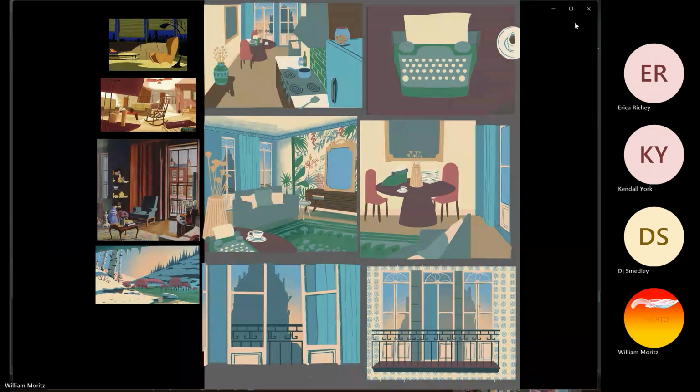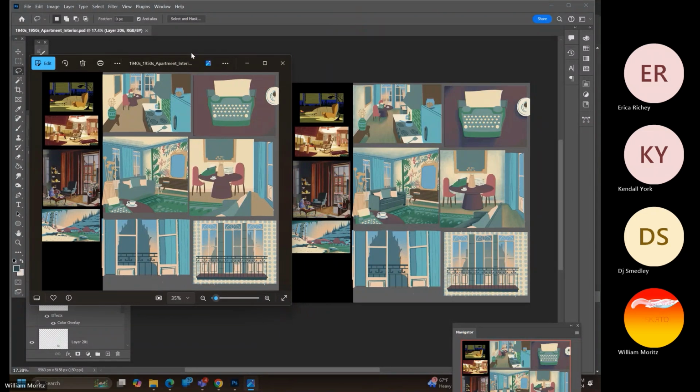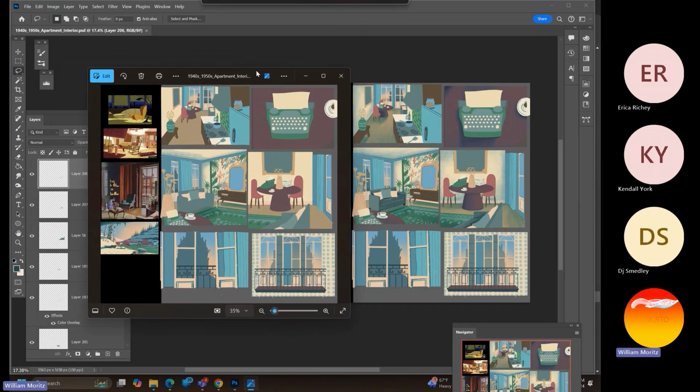Okay, there we go. So yeah, you can see what a big difference this makes for those big blank areas